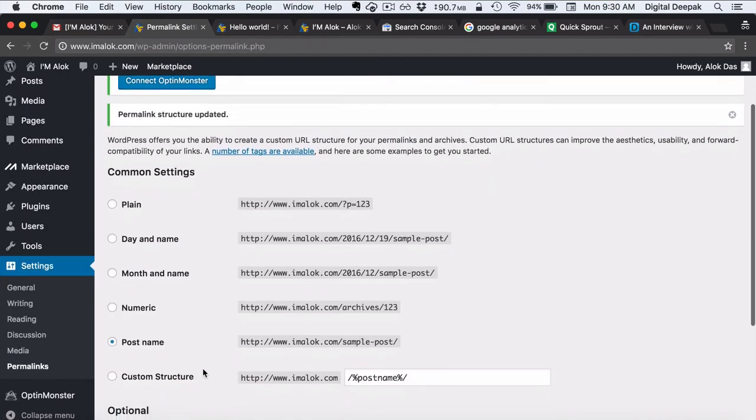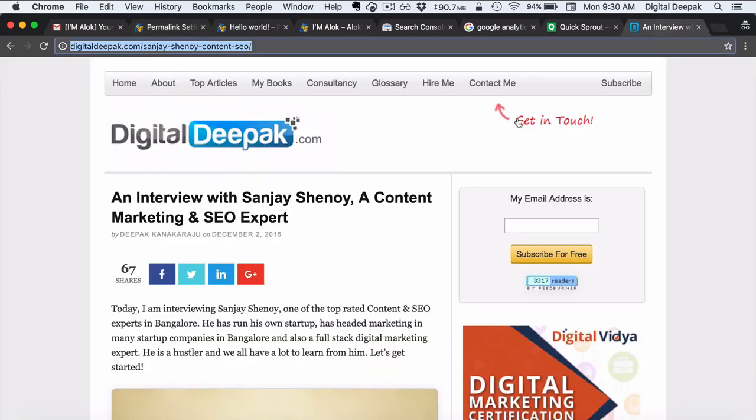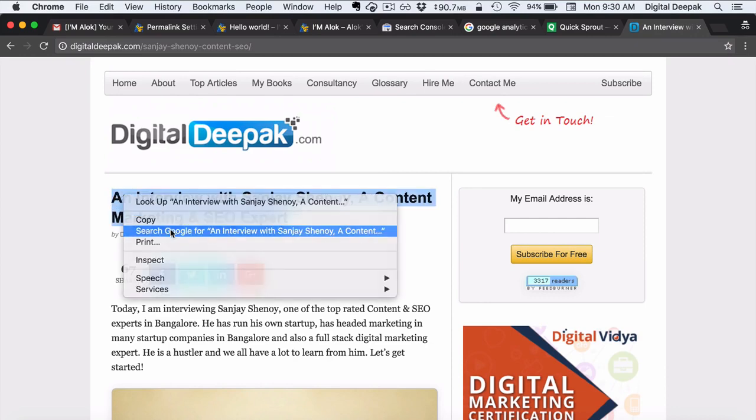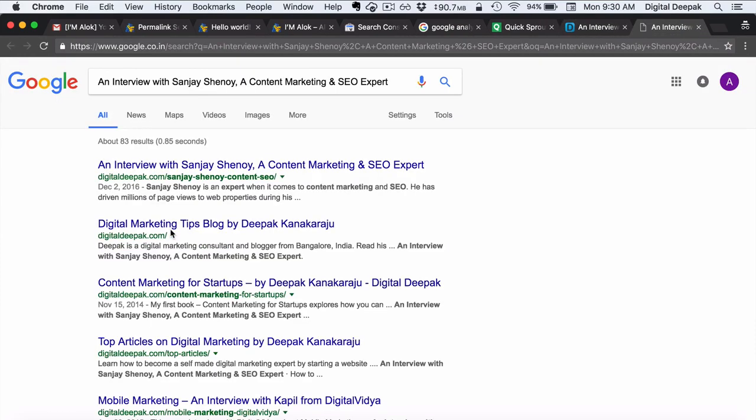So another benefit in having post name as the URL structure is that whenever someone is searching on Google, the words in the URL will get bolded. So I will show you an example. For example, if I go ahead and search for this on Google, you can see that these words are getting bolded, right?